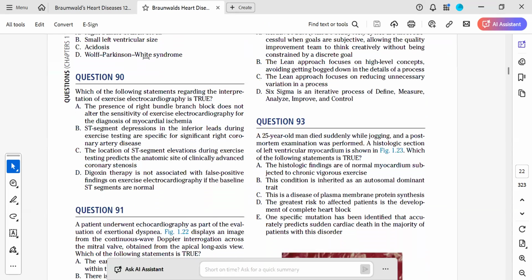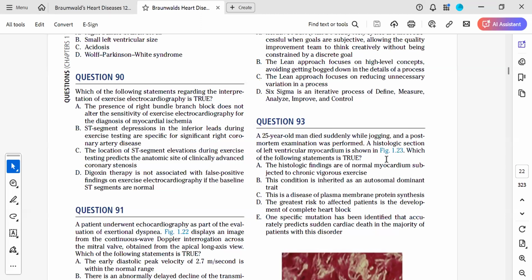Okay, number 90 says, which of the following statements regarding interpretation of exercise electrocardiography is true? Option A says the presence of right bundle branch block does not alter the sensitivity of exercise electrocardiography for the diagnosis of myocardial ischemia. So right bundle branch block can actually alter it. It may reduce the sensitivity of exercise ECG for detecting ischemia, especially if it occurs in leads V1 to V3,